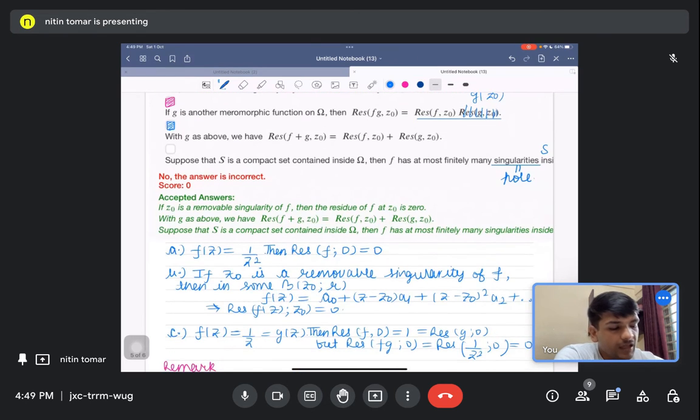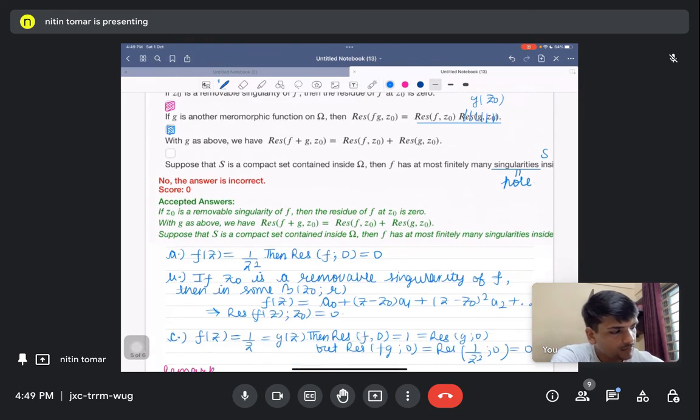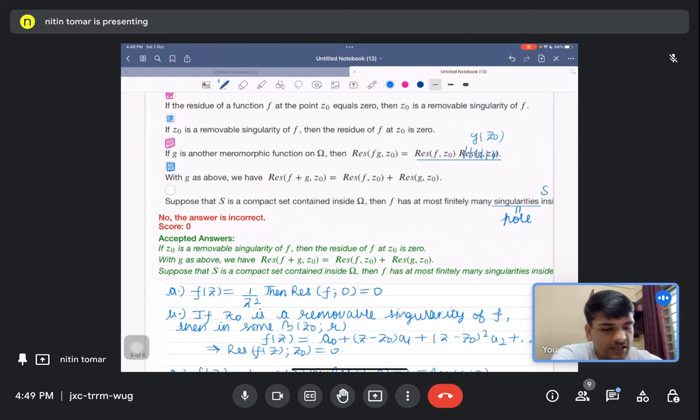Any statement is true if it holds for every function, right? हाँ, तो सभी फंक्शन के लिए चेक करना होगा सर। एग्जैक्टली।